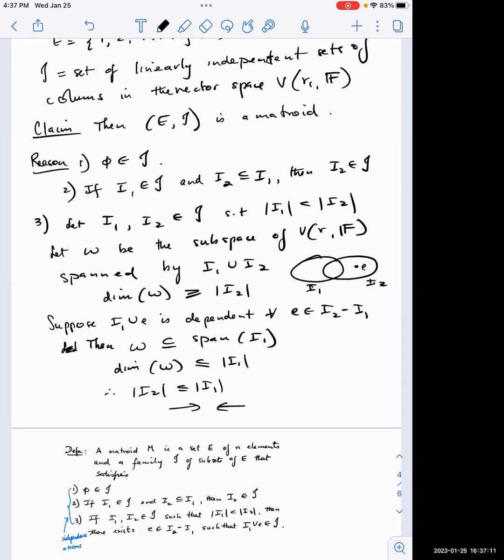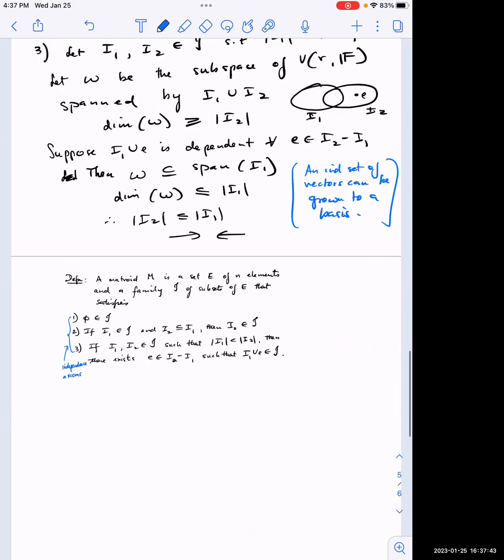And the whole proof can be encapsulated in the idea that an independent set of vectors can be grown to a basis. Even though we have not defined basis as yet, there is the notion of basis in linear algebra. So if you have an independent set and it's not the maximal independent set, then you can grow it. So this is